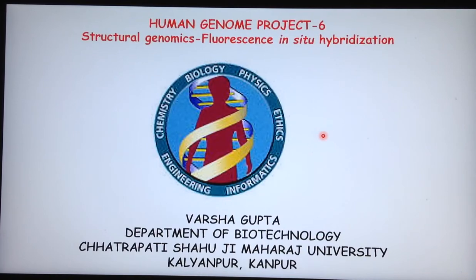Now we have some sequence data with some markers on it, and now we will be interested in knowing which chromosomal region they belong to, and what the other regions flanking them are, whether they are mapped or not. So FISH, or fluorescence in situ hybridization, is one of the powerful and very nice techniques which will help us for this.